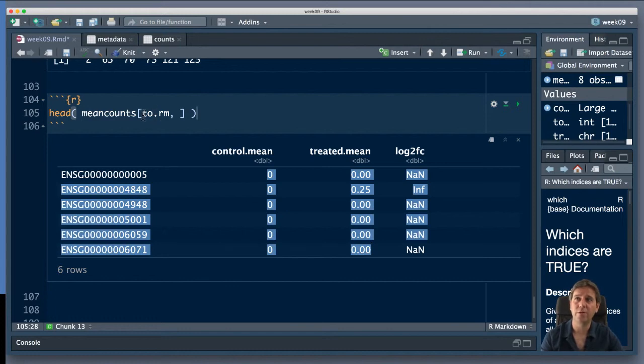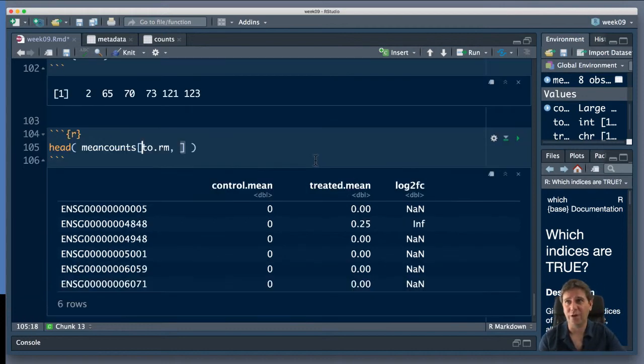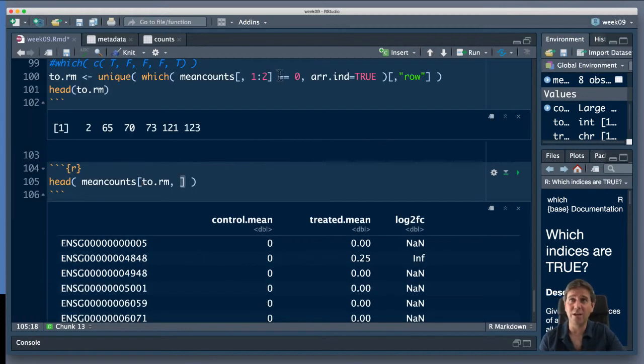Now, how would I print those that I actually want to keep? Well, there's a couple of ways I do it. I could have a vector called 2.keep where I say not equals here. That's one way to do it. But I can also just flip this thing by saying minus in front of it. So the minus here is going to give me everything but these positions. So when I print this,